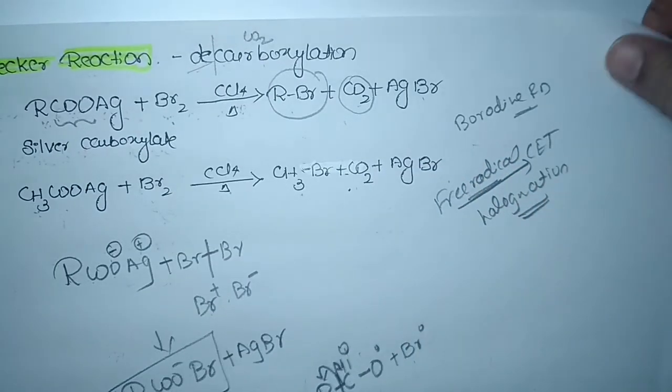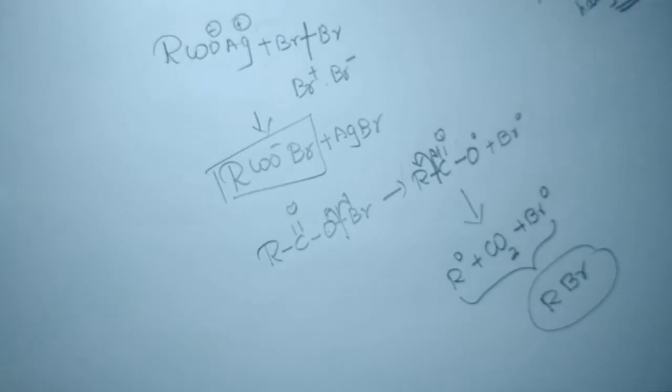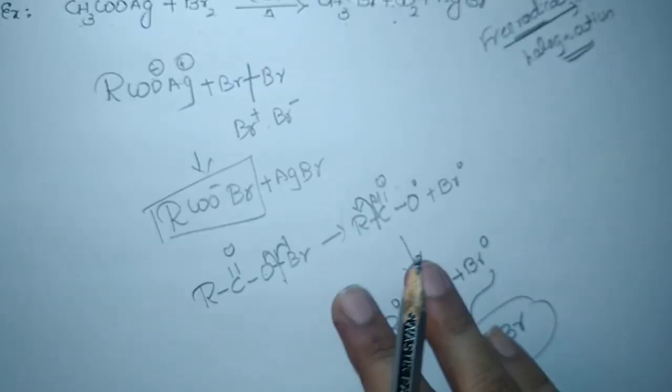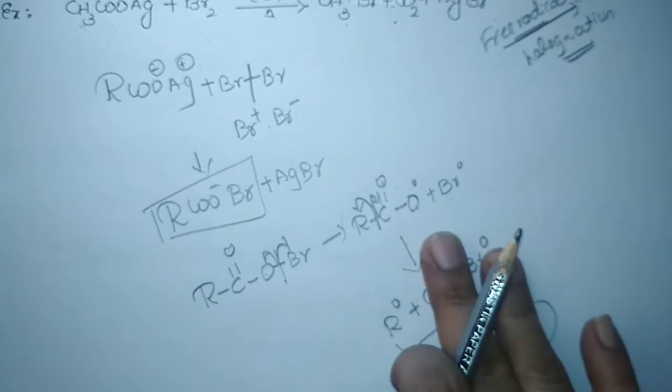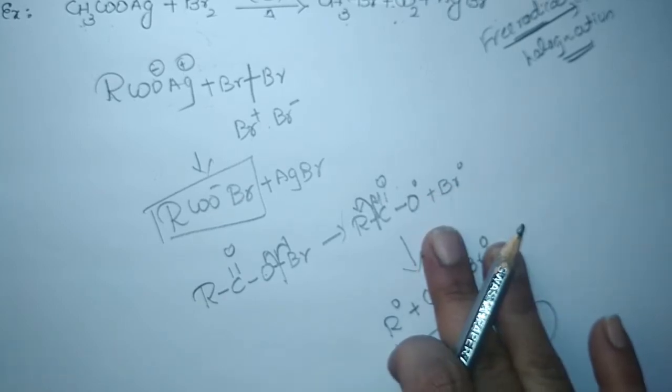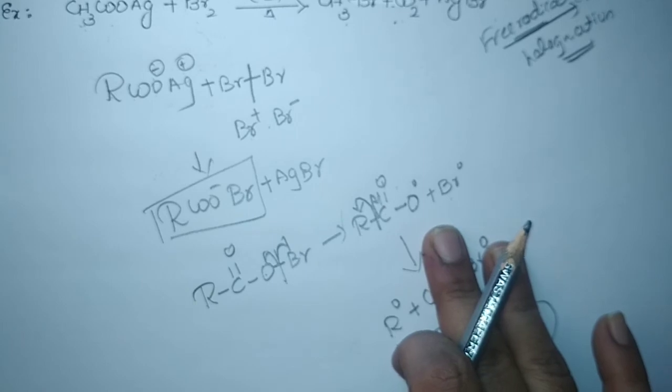So these are all the reactions for the preparation of haloalkanes by different methods. This completes the preparation of haloalkanes. The next and last method left is for the preparation of haloarenes, which is very important for your theory part. The reaction is known as the Sandmeyer reaction, which we are going to discuss further.